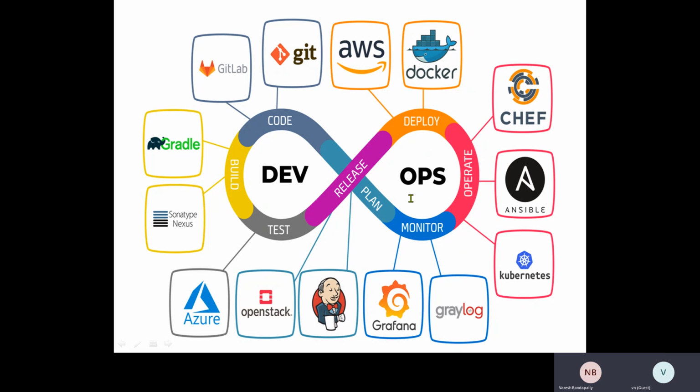What version of Docker are you using? Currently, I'm using 19.03. Is there any specific reason you're using that particular version? Actually, it was already installed when I joined this project. Earlier it was like 18.09, and we have upgraded to 19.03. So there is no specific reason like that. We keep upgrading based on the customer requirement.